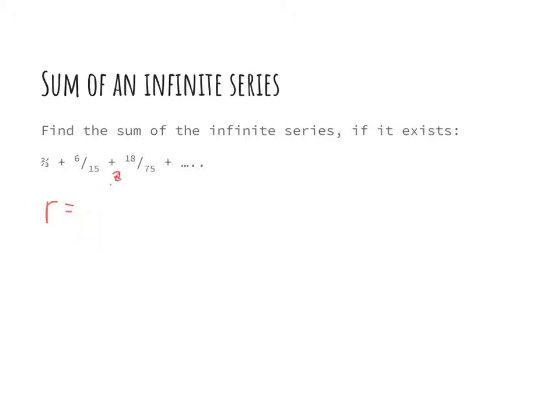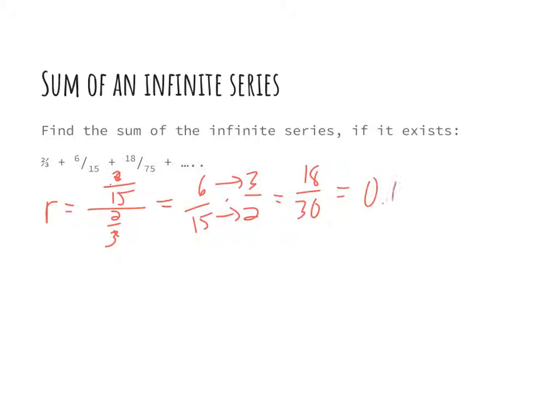To find r, we take the second term of 6/15 and we're going to divide it by the first term of 2/3. Remember, instead of dividing by a fraction, we want to multiply by its reciprocal. And if we multiply straight across here, we get 18 over 30, which if we type that in, we're going to get 0.6, okay? So since r falls between -1 and 1, we have a convergent series, so we're going